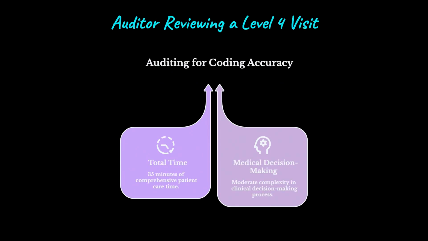Picture an auditor reviewing a visit where the clinician documented 35 minutes total, including chart review, the visit, and order entry, while the medical decision-making shows moderate complexity. Both paths independently support a level 4 visit, so the auditor confirms the code without ever counting a single history